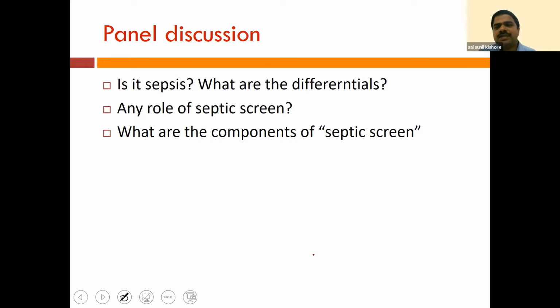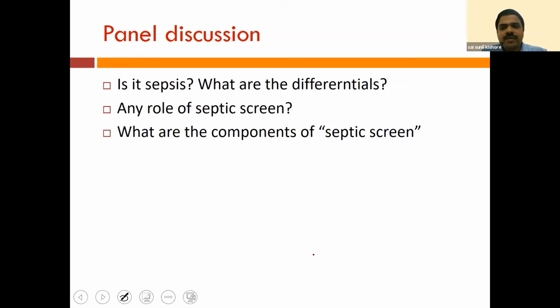So in this case, what can be the differential diagnosis? It can be simply due to gut immaturity, isn't it? A 1.1 kilo preterm, because of gut immaturity itself, the baby can have those mild symptoms. Or it can be secondary to mesenteric ischemia. It can be an early sign of necrotizing enterocolitis, isn't it? This is an IUGR baby.